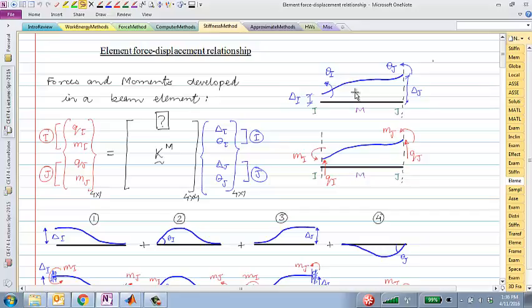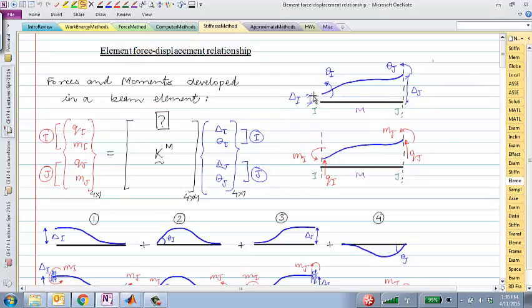And I said that if this is, for example, one beam element, then in general, it could have some vertical displacement at node I, another vertical displacement at node J, some rotation at node I, a different rotation at node J. So in terms of those 4 degrees of freedom, delta I, delta J, theta I, theta J,